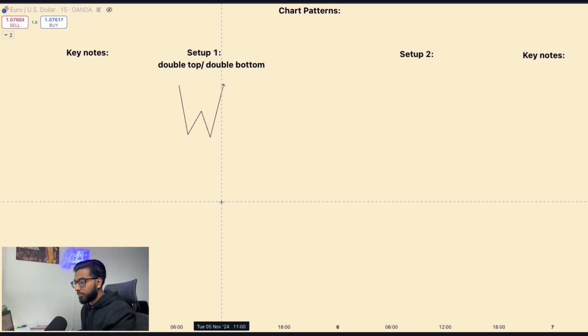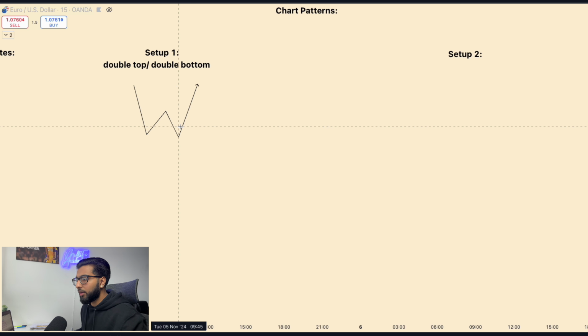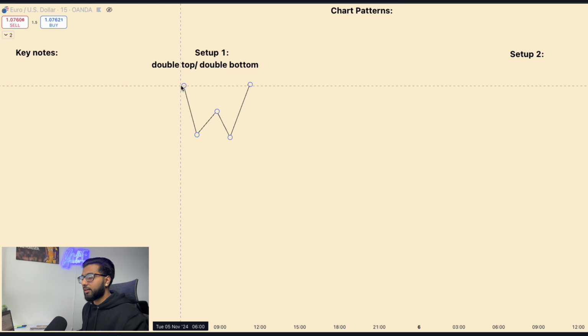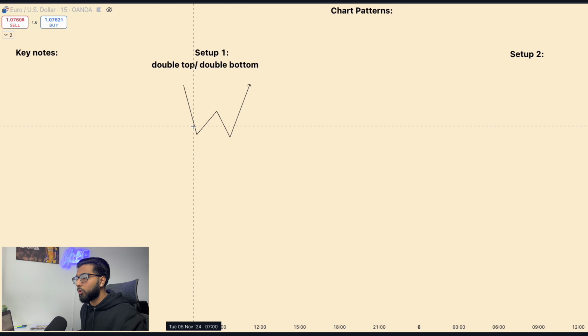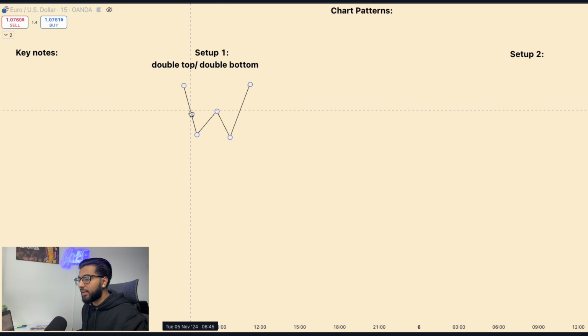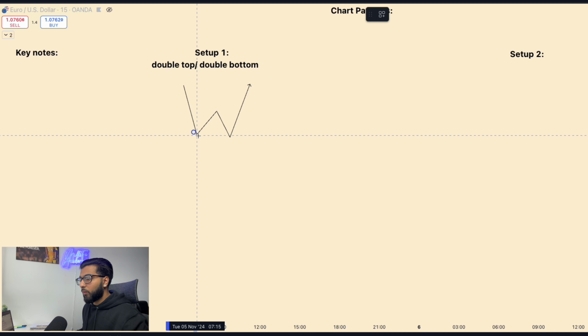So let's look at the W formation first. When we look at the W formation, we need to understand how this works. What I like to call these moves is, this is a leg to the downside, okay? Now, usually when we have a leg to the downside, we need to see some sort of confirmation that price